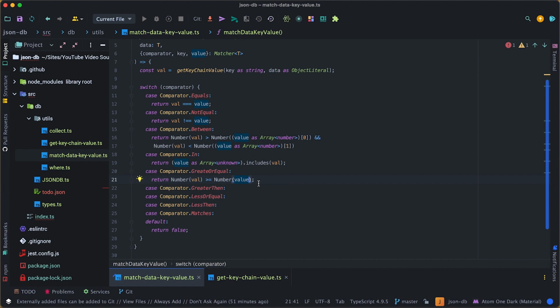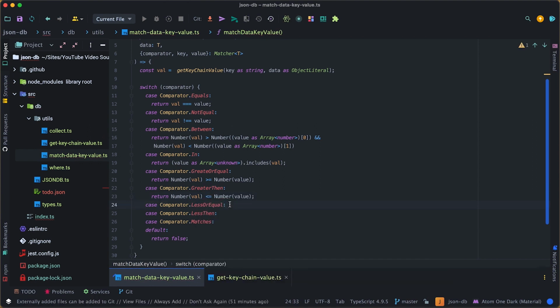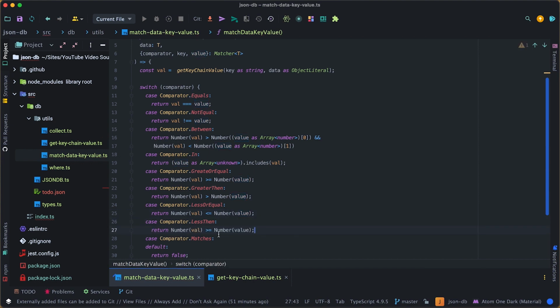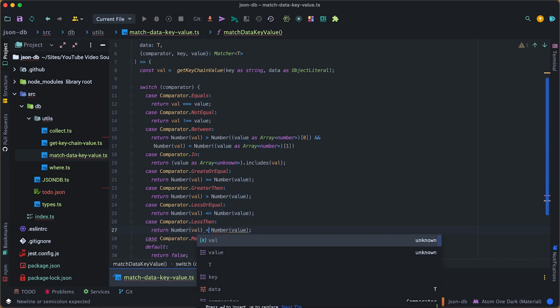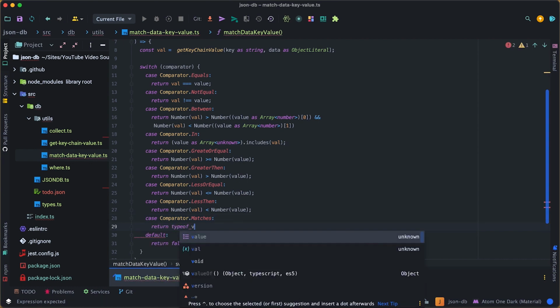This is unlikely to happen because we have types that we declare. Now, greater than, less or equal, less than, and matches. We're gonna return a type of value